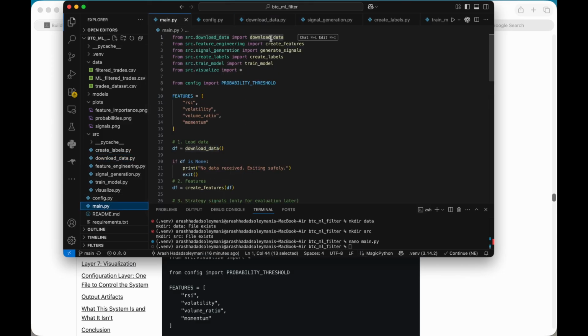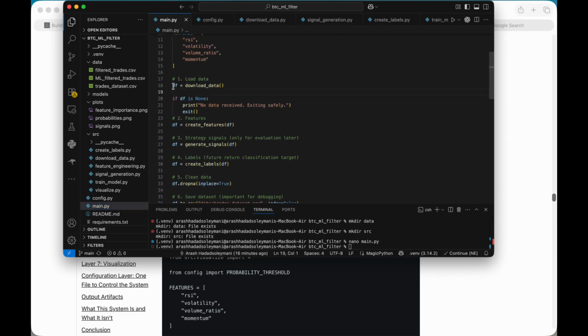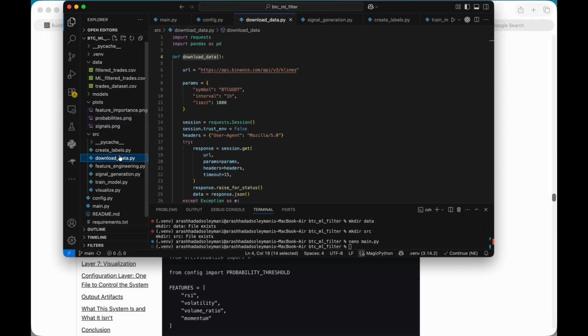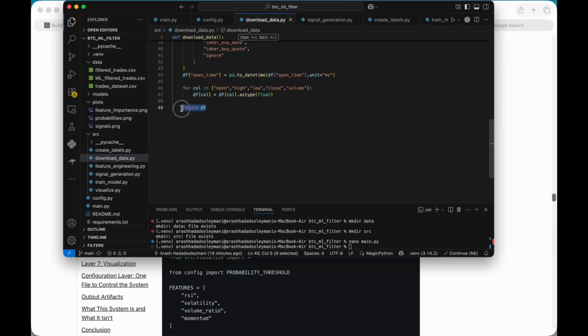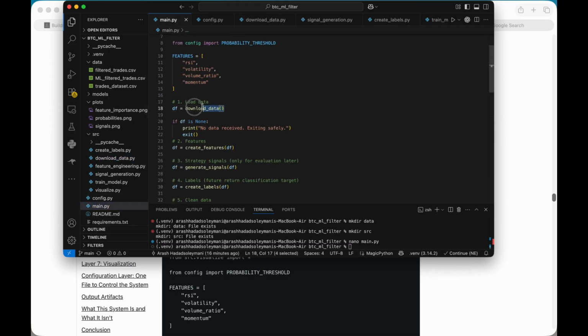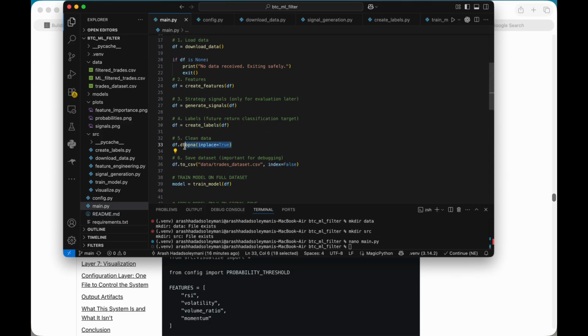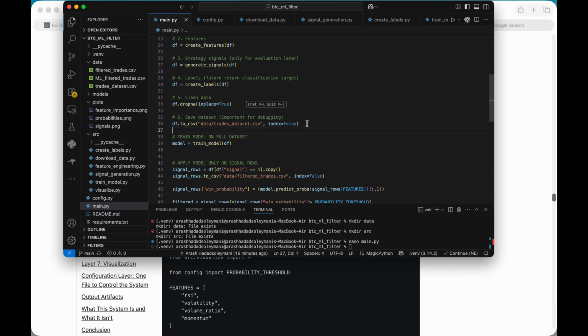Here we import it: from src.download_data import download_data, and here we say, for example, our data frame. When we call our function, all the logic inside runs, and at the end, as you can see, it returns a data frame. So here we get our data frame, and after that, for example, we run our feature engineering, and then we generate signals, and then we point labels, we clean data, we save data into a CSV file,